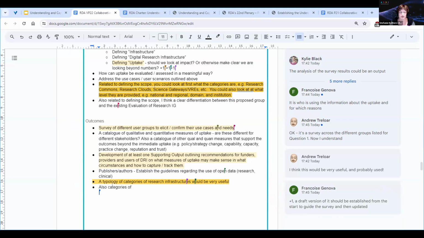Sorry, Francoise, I missed the first part. What was the categories you were proposing? I was proposing to have a category of possible measures. Okay, that sounds good. There's no reason not to have both, not only measures, but also, I agree with the mention of qualitative outputs, qualitative evaluation of uptake. I think we have to be careful to always add qualitative when we speak about measures, just to make sure we are not going to add an H index to a landscape.